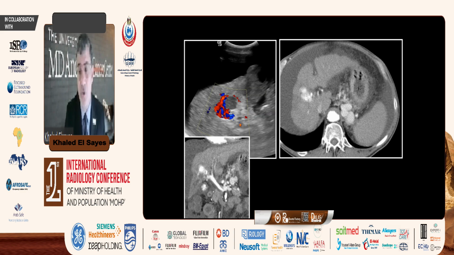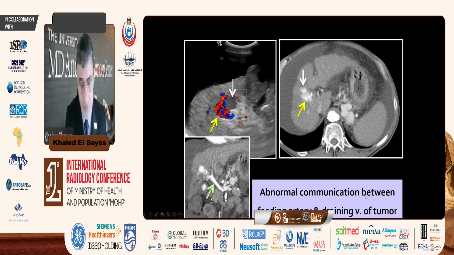Even in the presence of cirrhosis, this is a case which shows you arterioportal shunting secondary to the tumor. Yes, there is a tumor here. There is an HCC here, but adjacent to the HCC, there is aliasing on ultrasound, and there are serpiginous vessels adjacent to it. There is also early filling of the portal vein, indicating what? Indicating the arteriovenous communication, and this is HCC associated with arterioportal fistula, which is common in cases of tumors.